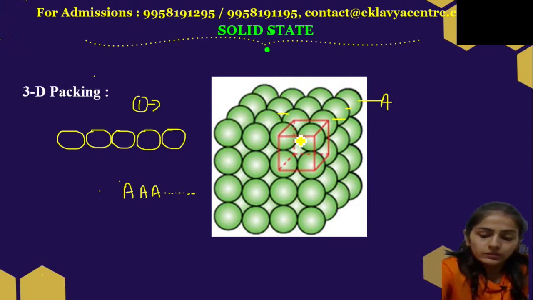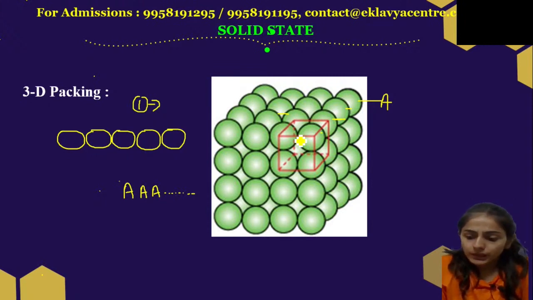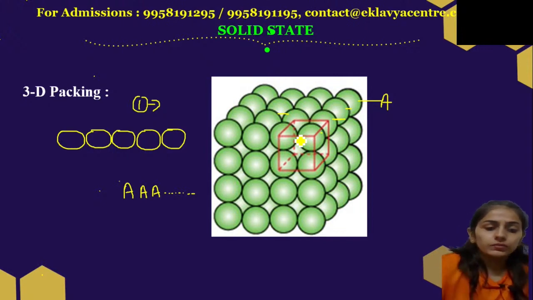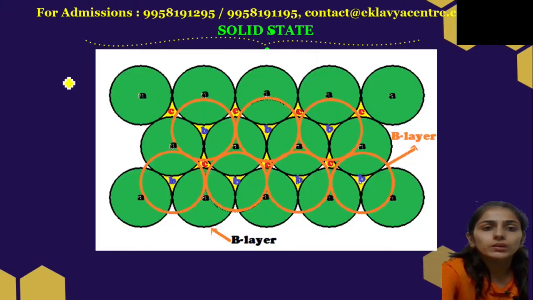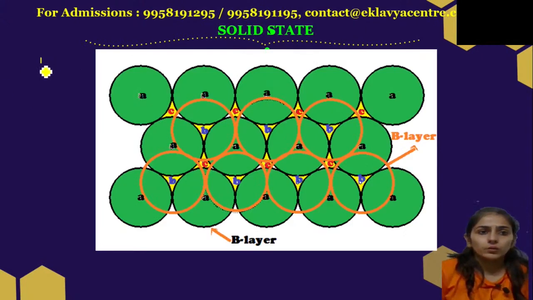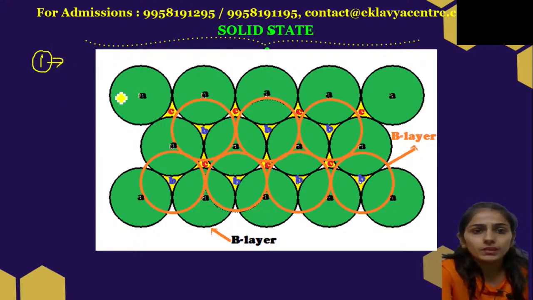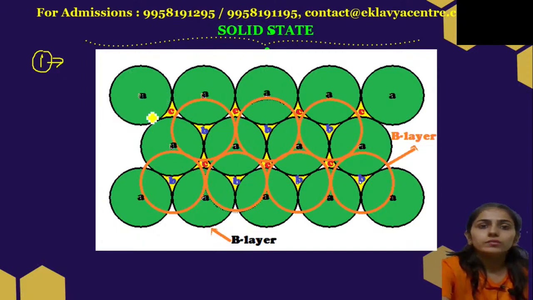Now next we have the 3D type of packing from hexagonal packing. This is square packing, right? Now next we have hexagonal type of packing. The first way of hexagonal type of packing is that we are simply putting the second layer over the first layer. See, this green color is the first layer, and this orange color is the second layer. So if we are just simply putting,